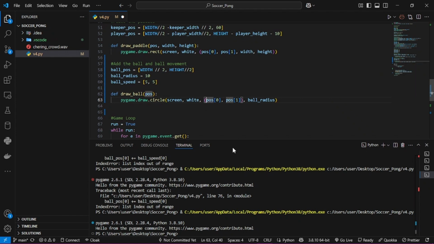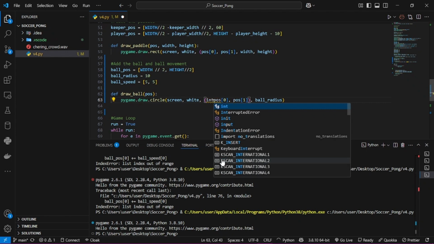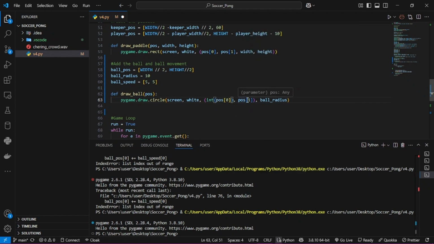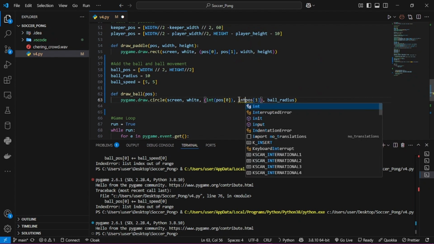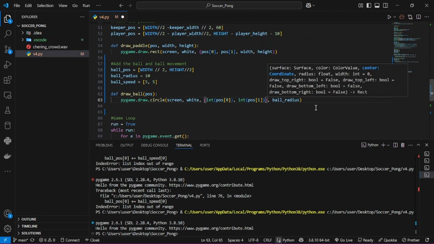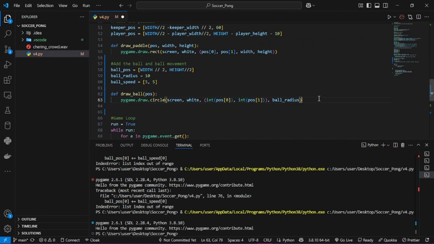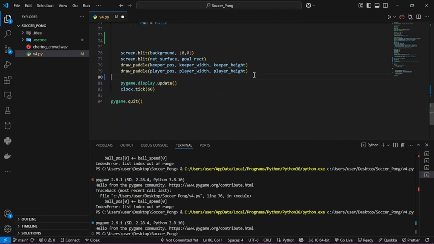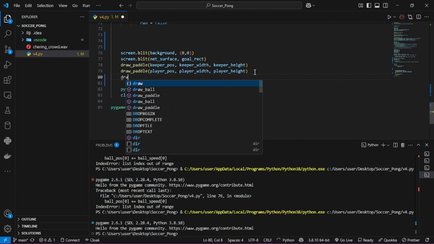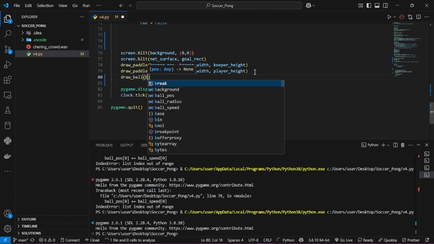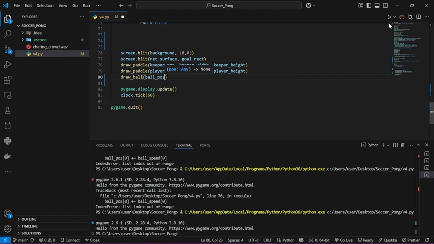One problem though, we need to cast our positions as integers, if you don't want to run into any errors as we are moving. Yeah, that should do it. Even with this, let me call our draw ball over here, draw ball, and let's feed it ball position. Yes, now when we run this,